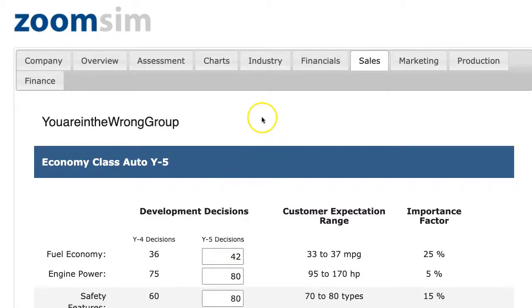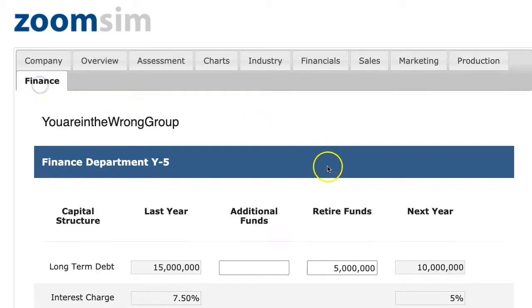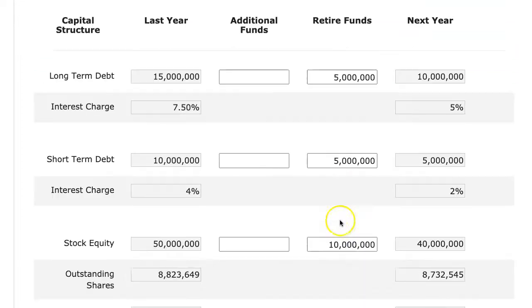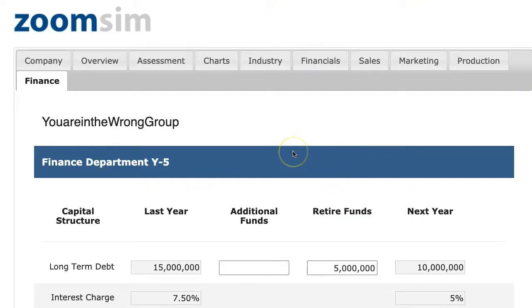Okay. Now you'll notice that marketing is increased. Production could be getting more expensive. You may have to buy some more production plants. But by and large, by the 4th or 5th round, you want to start retiring some funds, buying back some stock, retiring some debt. And this could also help you to earn more points as you improve upon